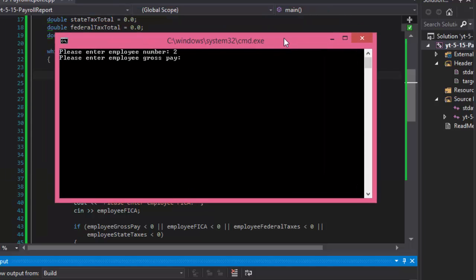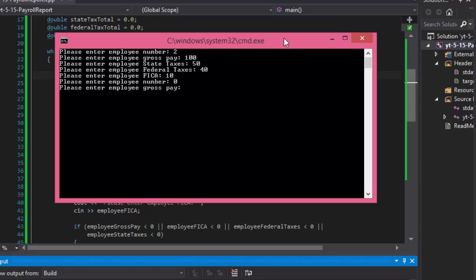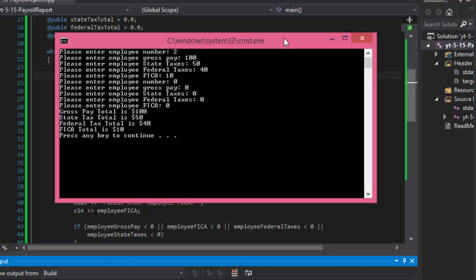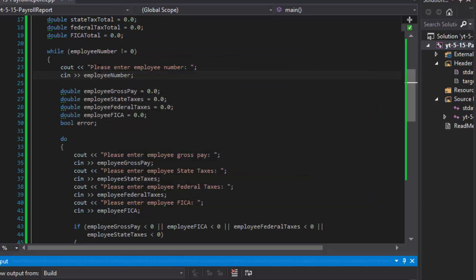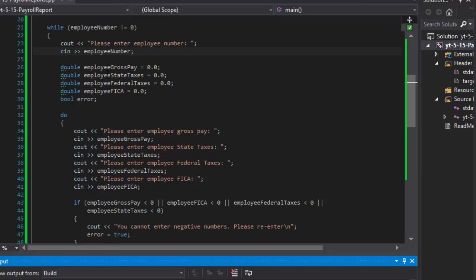Let me do the first employee number like that, and now I enter 0 for the employee number, and it's still asking me for the gross pay, and then it exits. In other words, I have to go through all this data entry, even though I'm wishing to actually exit. The calculation is okay, it displays what needs to be displayed, but once I enter 0, I do not want to go into